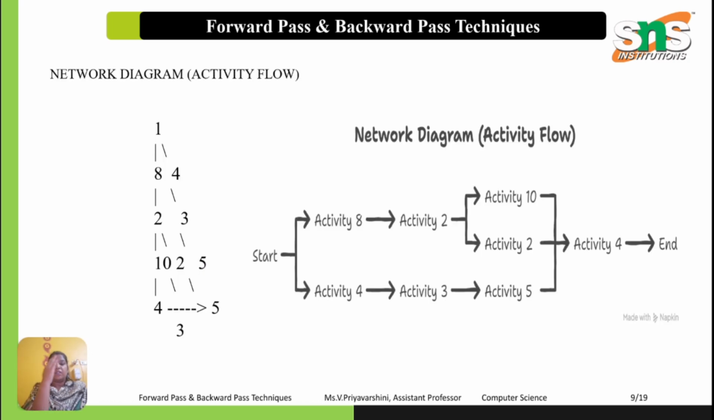Network diagram, activity flow. This diagram shows the flow of activities. The arrows represent activities and the numbers represent the durations. We begin from node 1 and move toward node 5 using forward pass calculations. Node 1 starts at time 0. For activity 1-2, ES is equal to 0 and EF is equal to 0 plus 8, which is equal to 8. Then comes activity 1-3. Similarly, the calculation continues until reaching the final node. The largest completion time